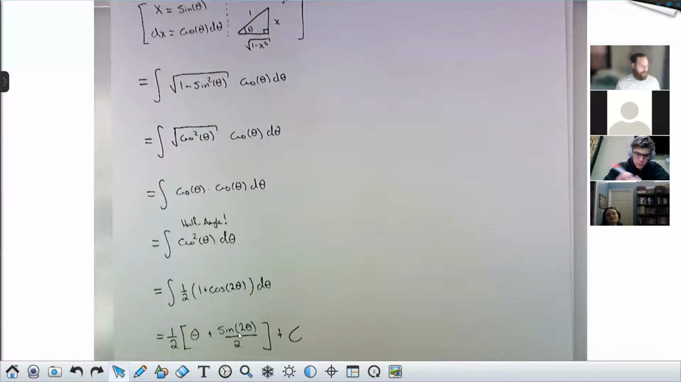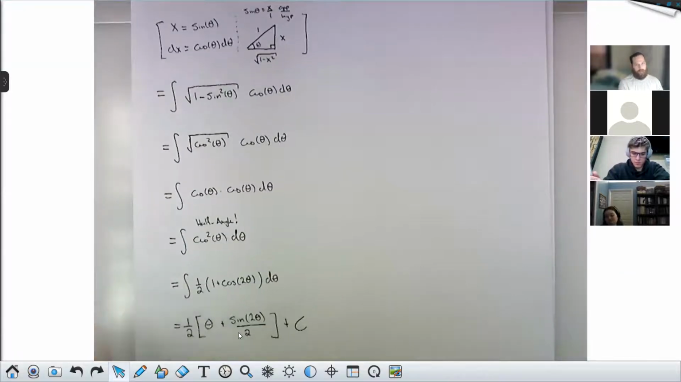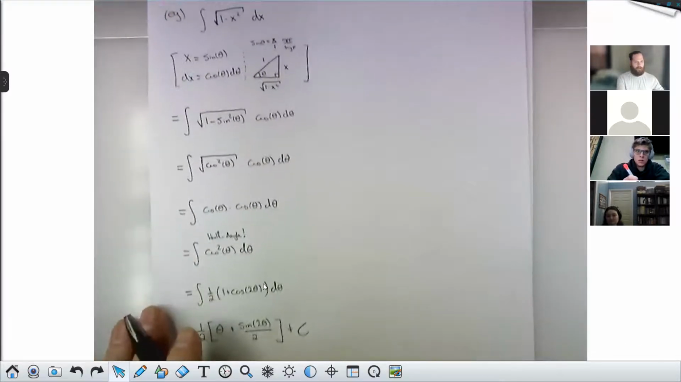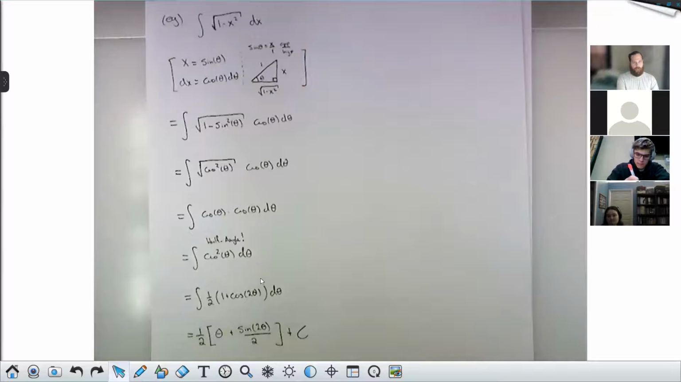Before I go back to x's, I want to pause for a moment. You guys are seeing this for the first time, so it's okay if it doesn't jump out at you as an issue right away. Does anybody see a challenge? I need to go back to the variable x because my original problem was in terms of the variable x. My answer also must be